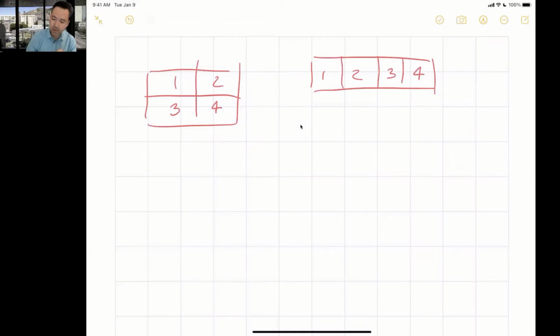Well, for the first one, parentheses, 1, 2, 3, 4, parentheses, and the post. That is data. For the second one,